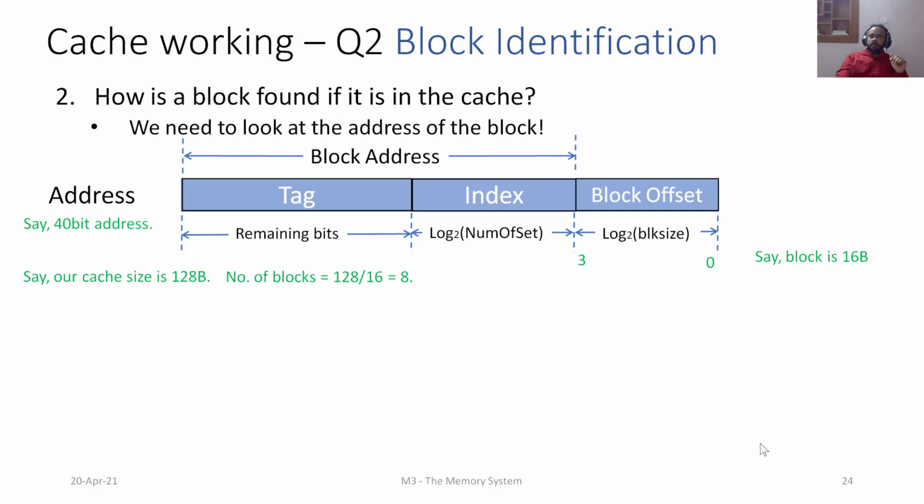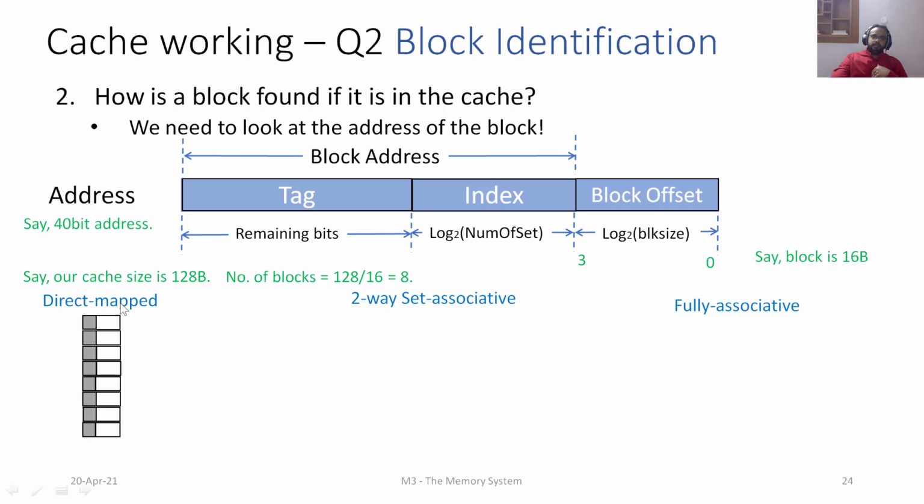Now, if you want to give the number of sets, here we need to look at what type of cache mapping it is, whether it is direct mapped, two-way set associative, or fully associative. Here two-way is just an example. It can be any n-way: two-way, four-way, 8-way, and so on. With the number of blocks, what we can determine is the set based on the mapping. If it is direct mapped, like I mentioned in the previous slide, each block has its own unique position. So we have 8 sets in a direct mapped cache.